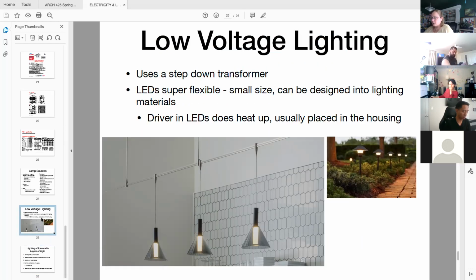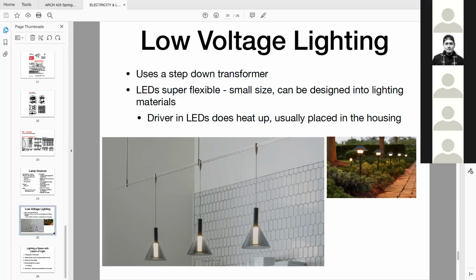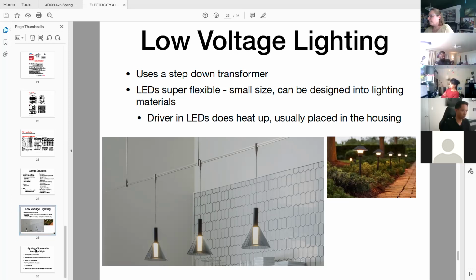Okay, before I do the last slide, which is sort of my leave you inspired on how to approach interior lighting design, are there any technical questions on electricity or lighting? I'm not seeing any hands. I'm seeing a few shaking heads. Okay, then